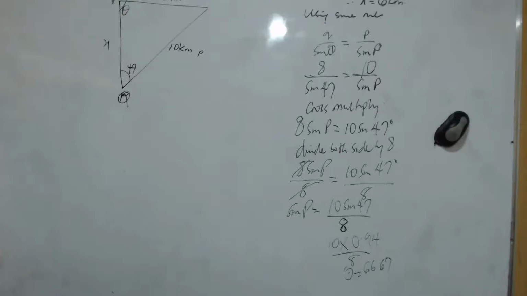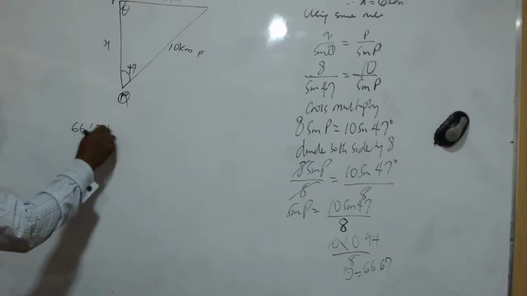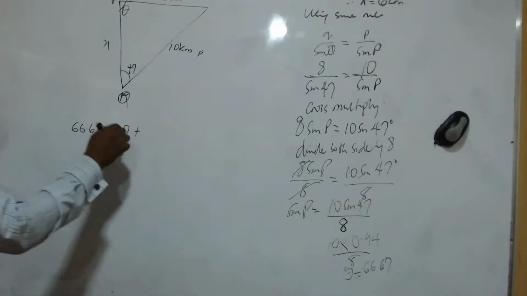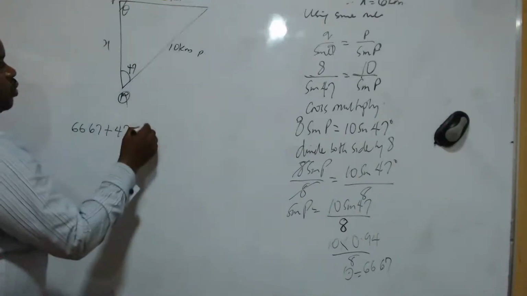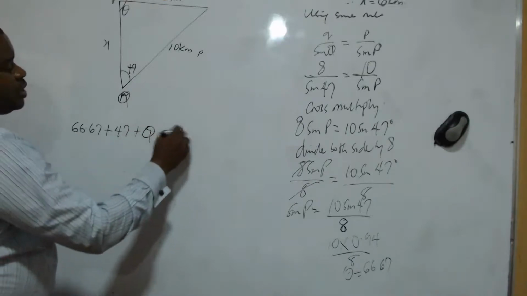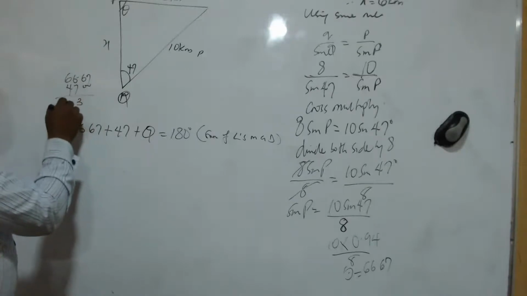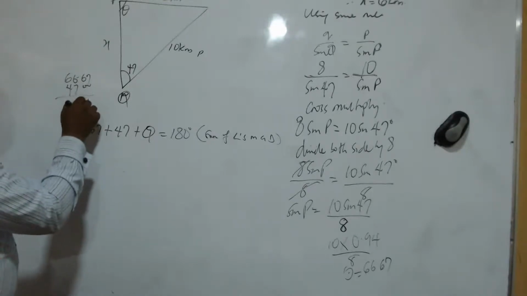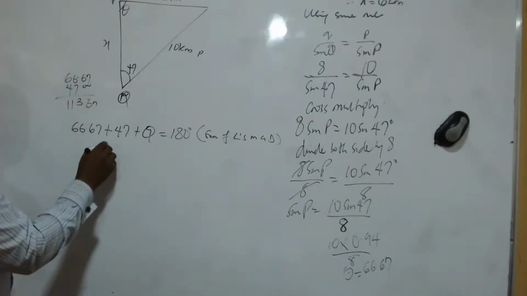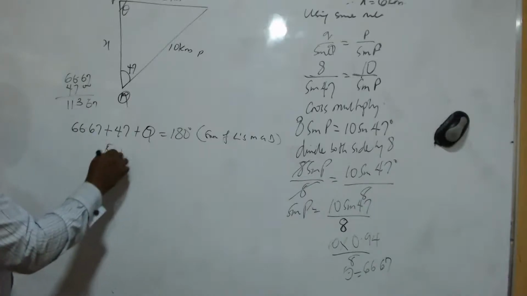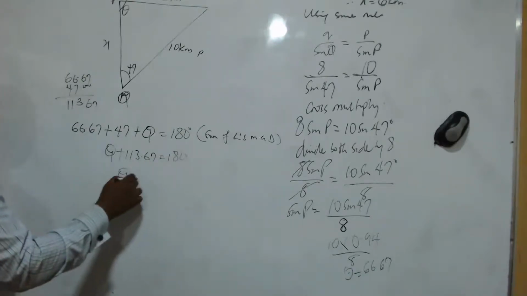What do we do now? We can say 66 point something, 67 plus 47 plus the other angle there, say Q. We have 180, 47 point 13, 1.13, 67. So we have Q plus 113.67 equals 180. So Q now becomes 180 minus